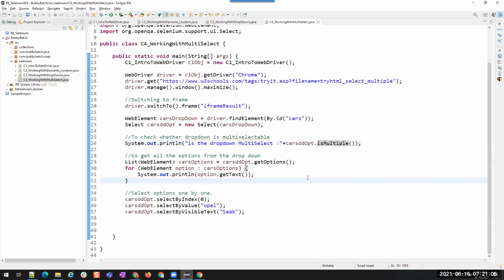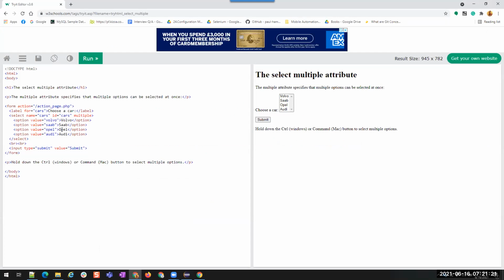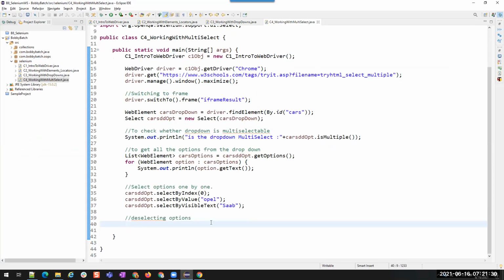Understood? All right. Now we have selected the options one by one. Now let us see deselecting options. So deselecting cannot be done in single select drop down. Deselecting of individual options can be done only in the multi-select. So let us see those deselecting.